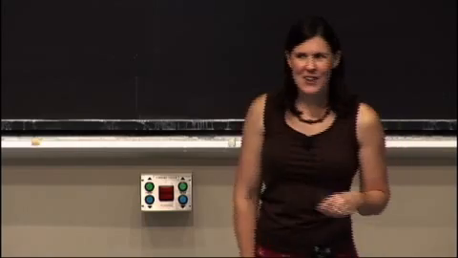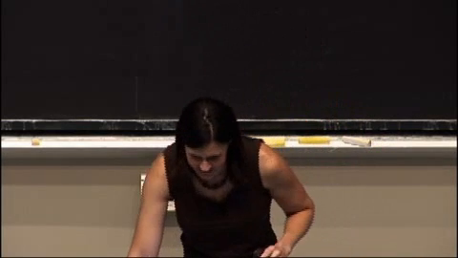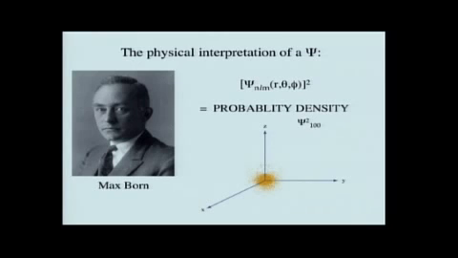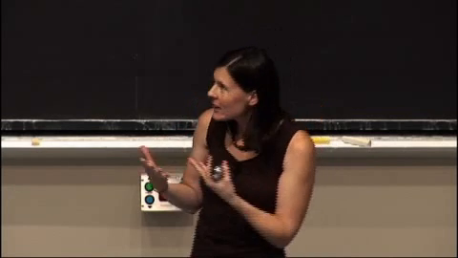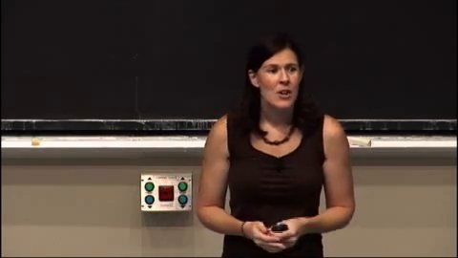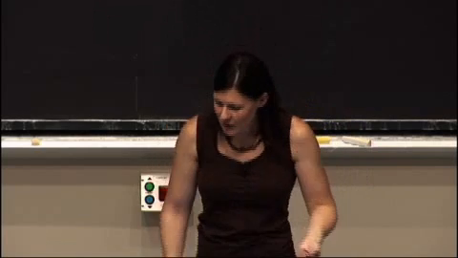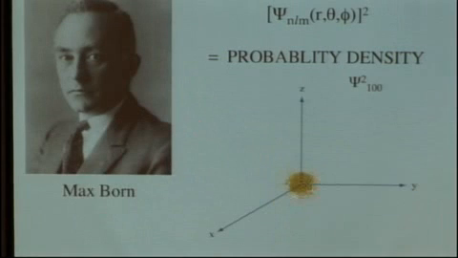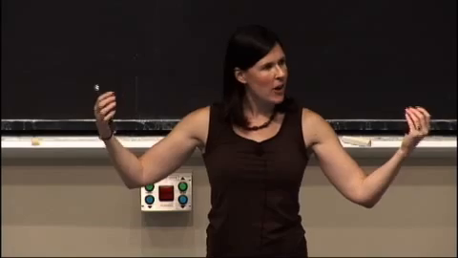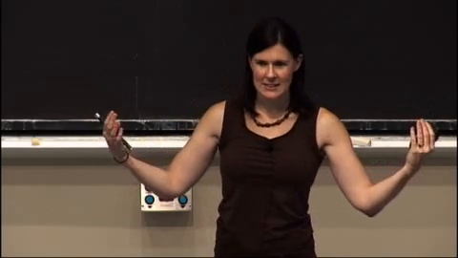Then back to the non-trivial knowledge that is not trivial at all, in fact: how do we think about this probability density now that we have a little bit more of an idea? We know that it's a density, it's not an actual probability. So one way we could look at it is by looking at this density dot diagram, where the density of the dots correlates to the probability density. So what you see is near the nucleus, the density is the strongest, the dots are closest together. As you get far away from the nucleus, the dots get farther and farther apart, meaning the probability density at those